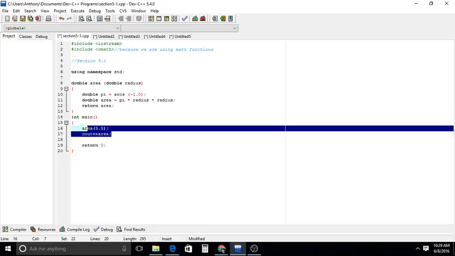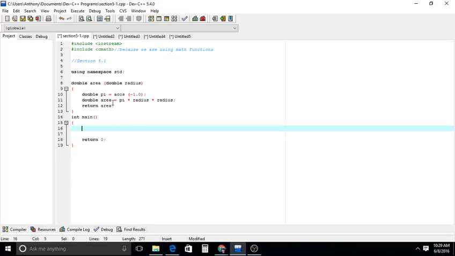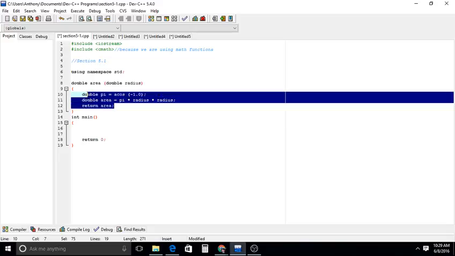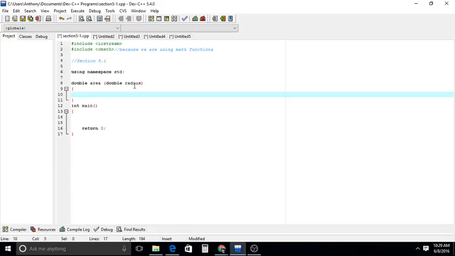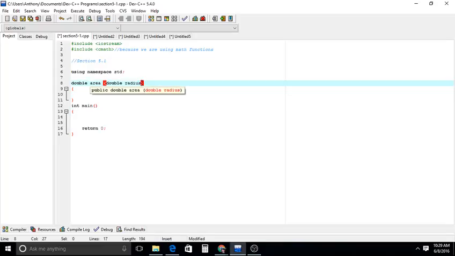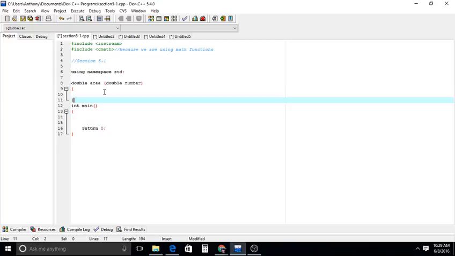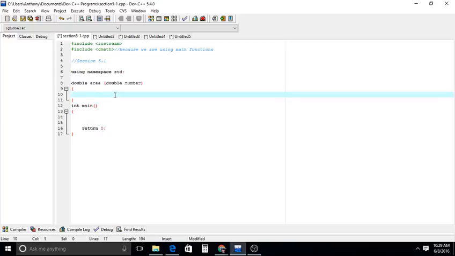Yes, let's delete this whole thing. Let's delete this as well. And we're going to start off a new coding of our own. We actually want to call this, I'm going to call it something else, number. Okay, and inside here what I want to do is set a